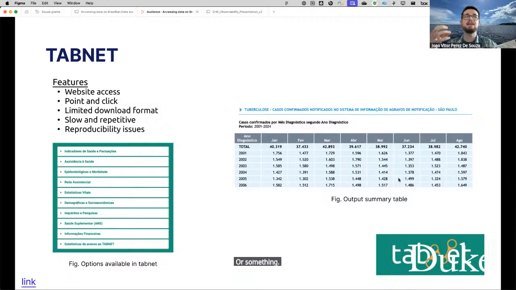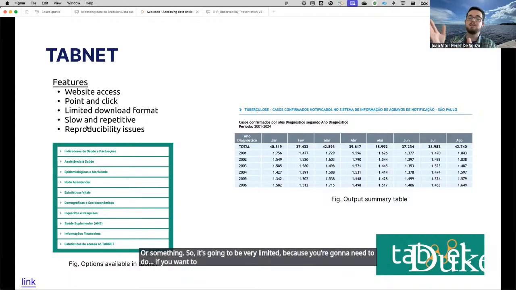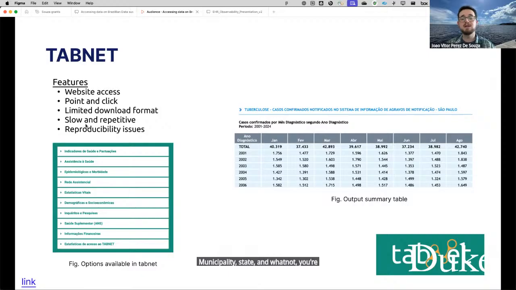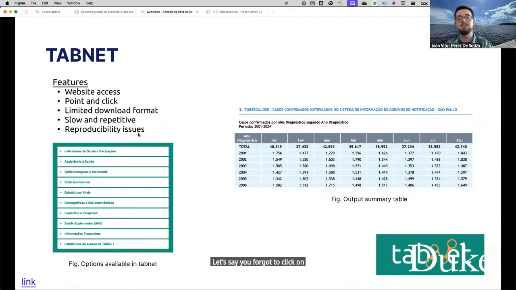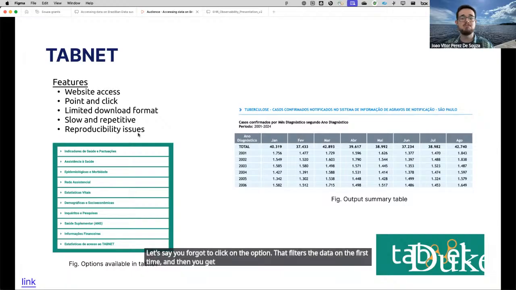If you want to actually extract a bunch of different variables or counts stratified by age, by gender, by municipality, state, and whatnot, you're going to do this multiple times. So it's slow and repetitive. And because it's slow and repetitive, you can get into a lot of reproducibility issues. Like, let's say you forgot to click on the option that filters the data the first time, and then you get a random number that is not actually the real number.